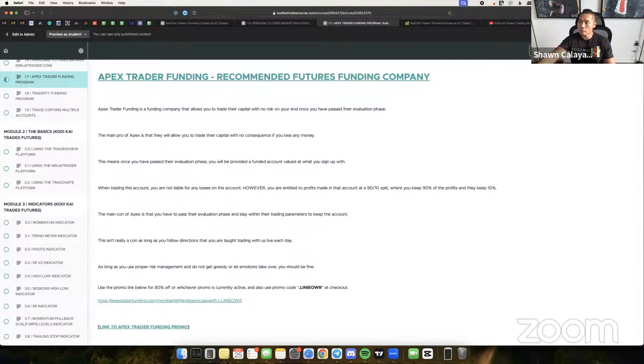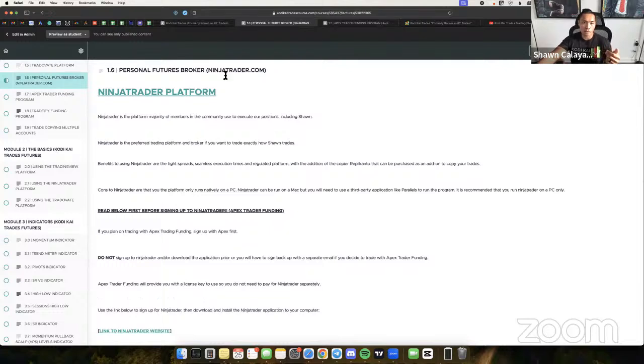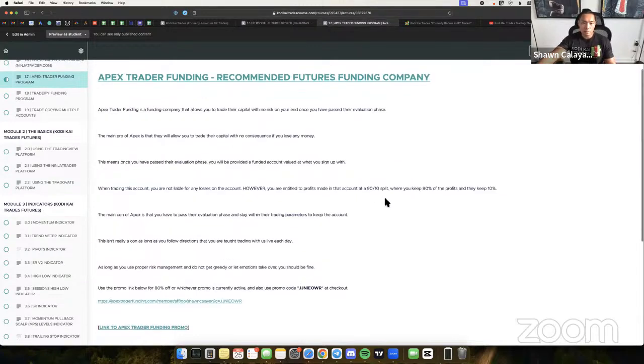If you guys are new to trading, this is an option where you don't have to risk your own money. You're pretty much capped at a ceiling. If you're trading your own account and you start with a couple of $1,000s, you can lose all that money, and you're not going to get that back. With Apex, depending on the account size, you can start with a $50,000 account or a $100,000 account, but it's not really that big of a size. They'll sell you on this marketing that you're going to get a $50,000 account, but really your risk